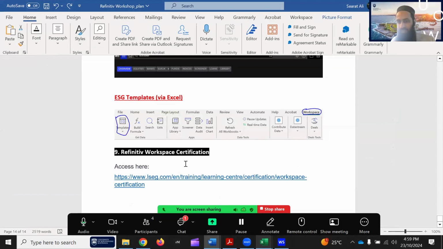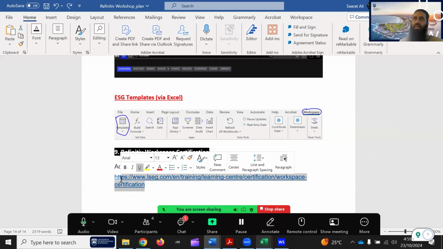And finally, before we touch 5 p.m., Refinitiv Workspace certification. If you want to understand everything about LSEG and get started, I think this is the best way to start. It gives you certification. I did the Bloomberg Market Concept certification when I was doing my PhD, but I haven't done this LSEG certification. A couple of my PhD students have done it. I encourage my coursework students to do it.